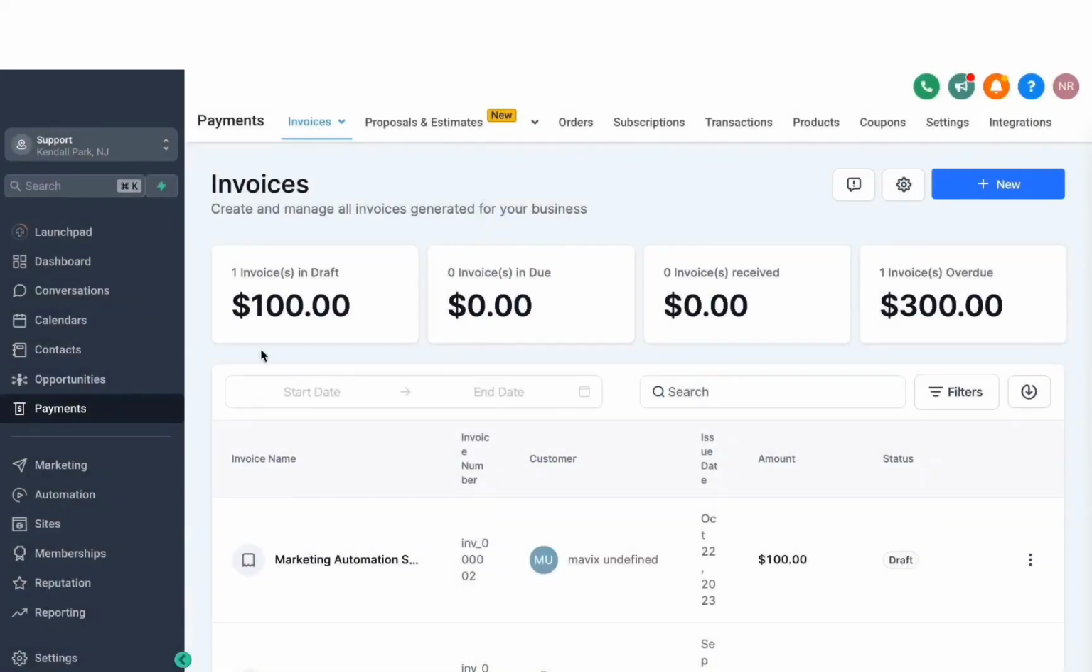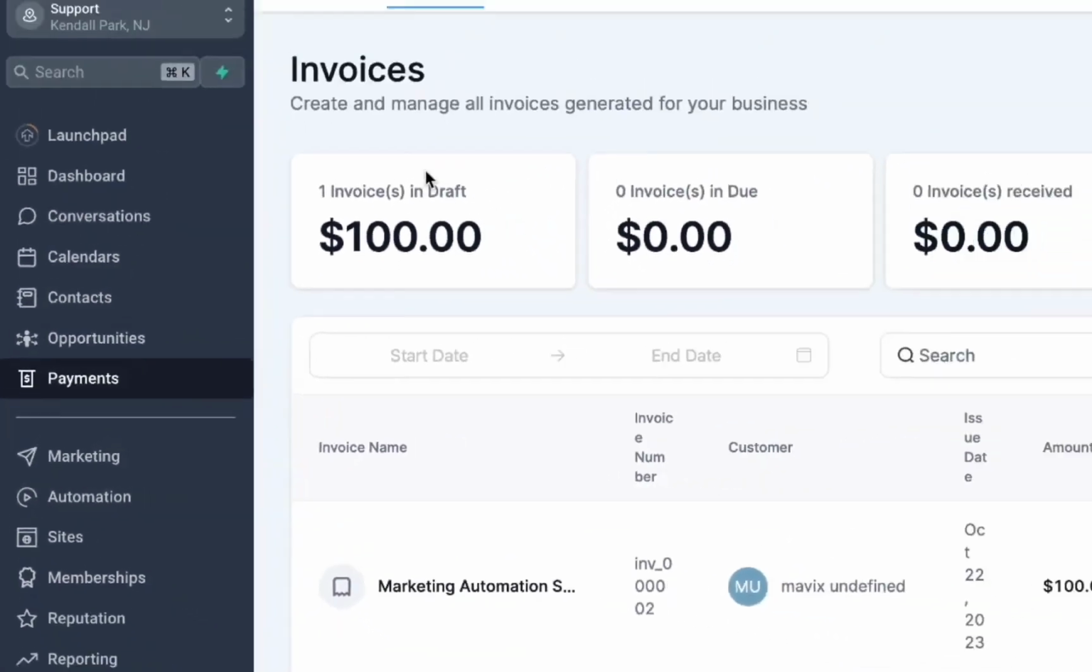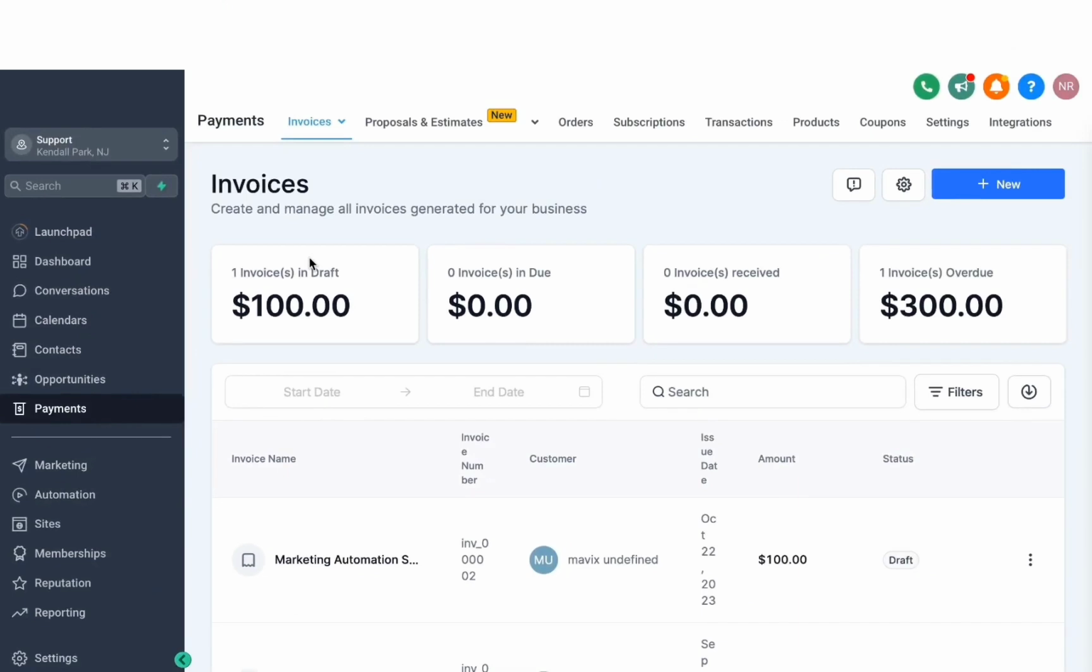Hey guys, in this video, we'll be covering the Payments tab. Now once you click on this, the first thing you'll see is the Invoices section. But before we jump into that, I want to draw your attention to a couple of key things that are